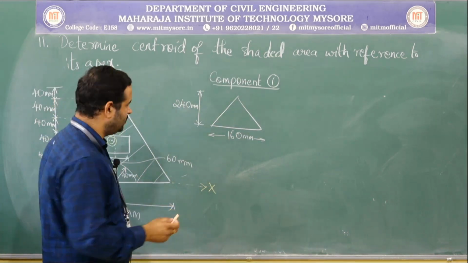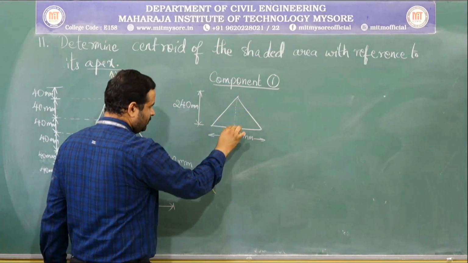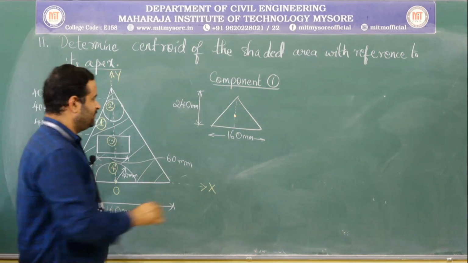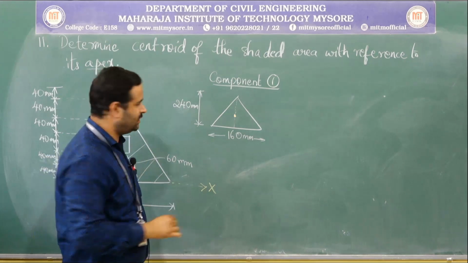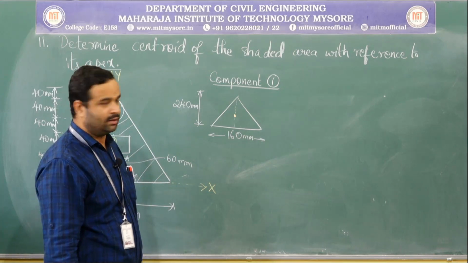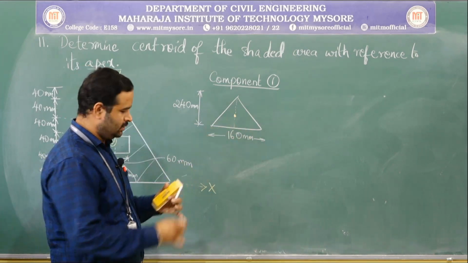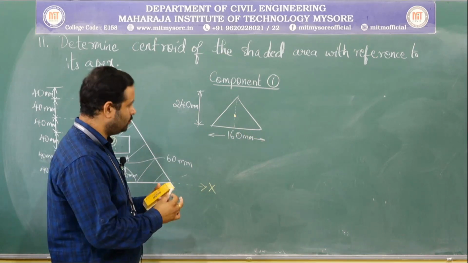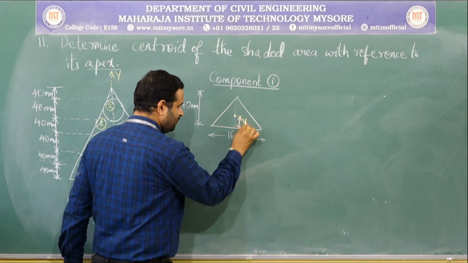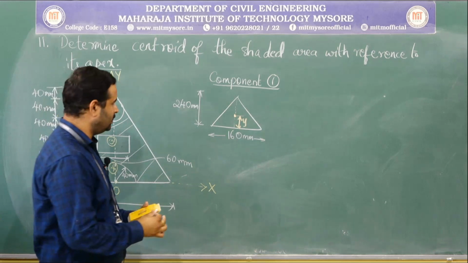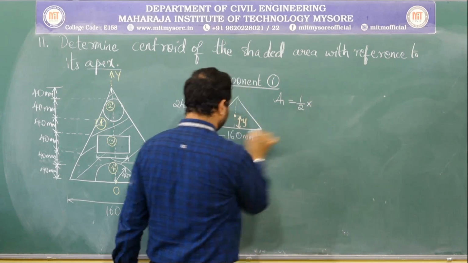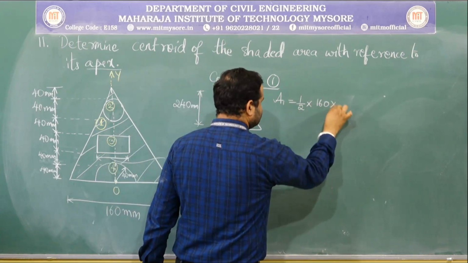Since it is a triangle, we know the centroid lies here. If this is the axis of symmetry, and the component is symmetrical about this axis, then we will not have the value of x bar for the individual component. So, we will be able to measure only its y component. Coming to its area, A1 is equal to half into base 160 into its height 240,